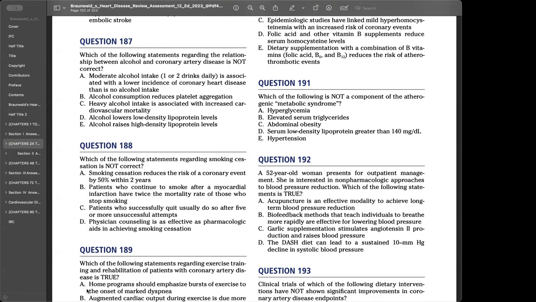The other component is hypertension, when you have systolic blood pressure greater than or equal to 130, and or diastolic blood pressure greater than or equal to 85 millimeters of mercury. For serum triglycerides, more than or equal to 150 milligram per dl, and also low high density lipoprotein cholesterol of less than 40 milligram per dl in men and less than 50 milligram per dl in women. So looking at the options,